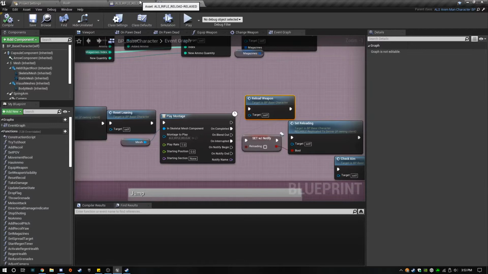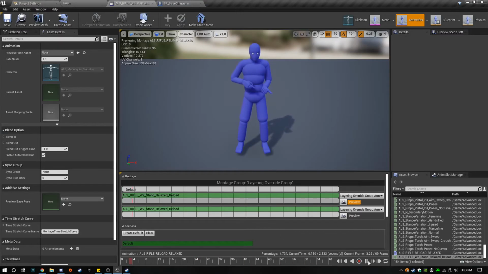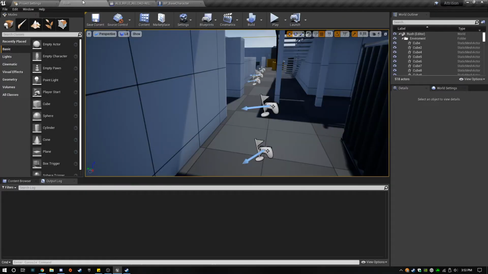So we're having an issue right now. The animation is playing, but the arms are still stuck to the weapon because of the IKs, which is fine normally, but when we're reloading, obviously we want him to pull his hand off of the thing.